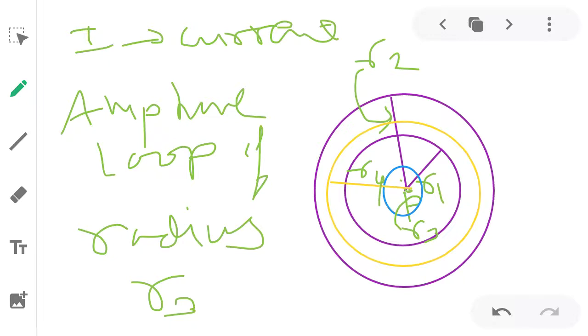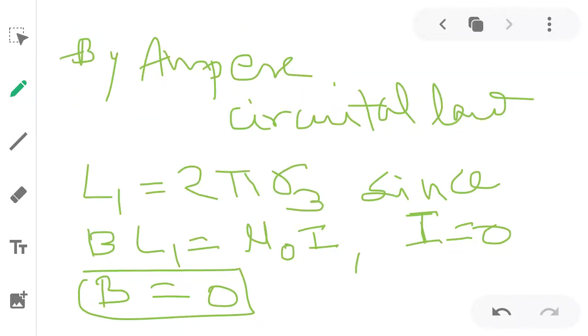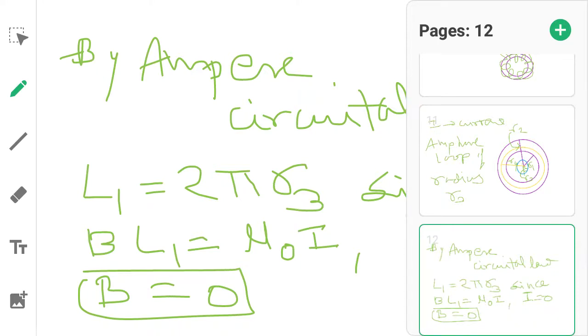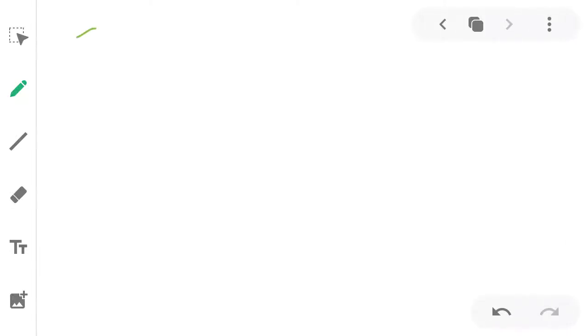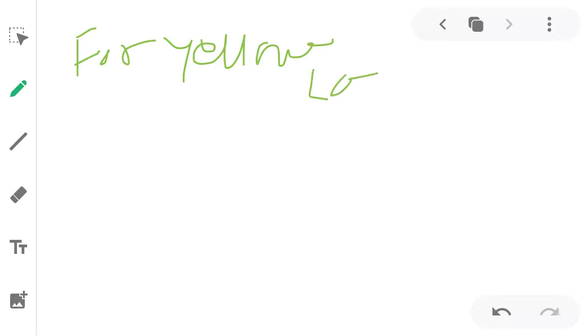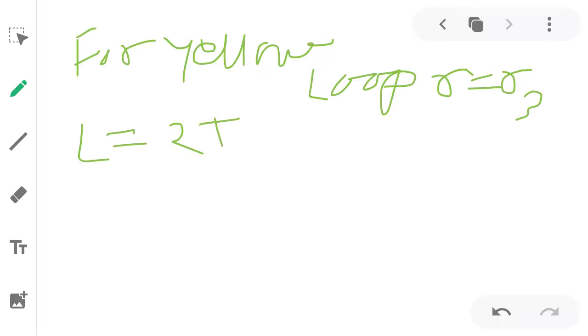So for the yellow Ampere loop, R is equal to R3, then the length of the loop will be 2 pi R3. So by Ampere's circuital law,